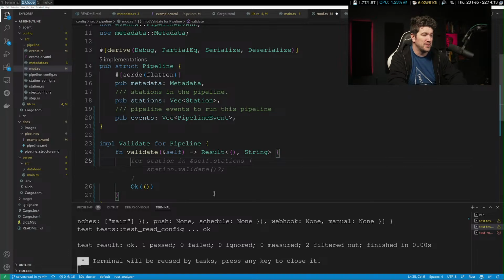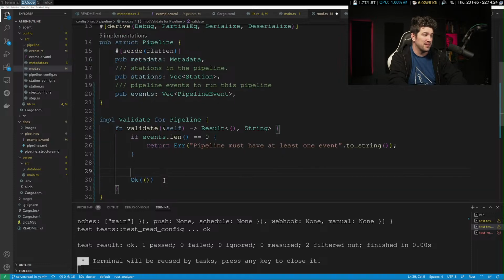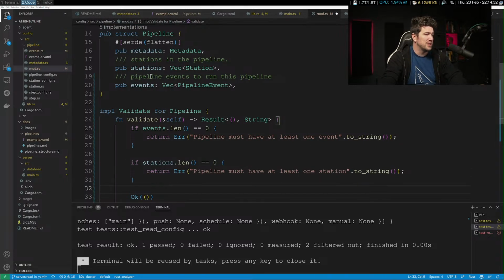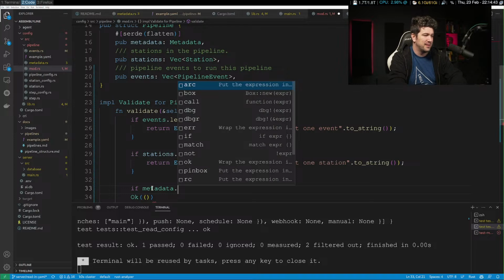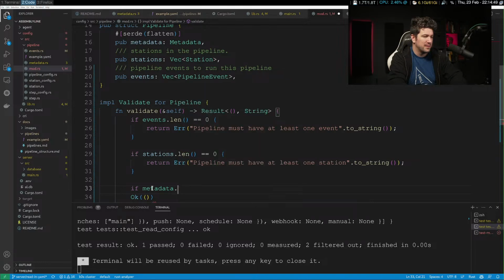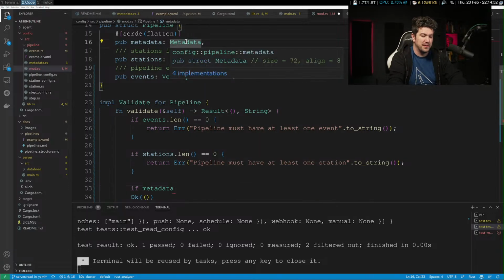For here, what we're going to do is if events.length is equal to 0, return error. And then the same for stations. If stations.length is equal to 0, must have at least one event, one station. And then maybe if metadata dot, wait, what is the field on metadata?